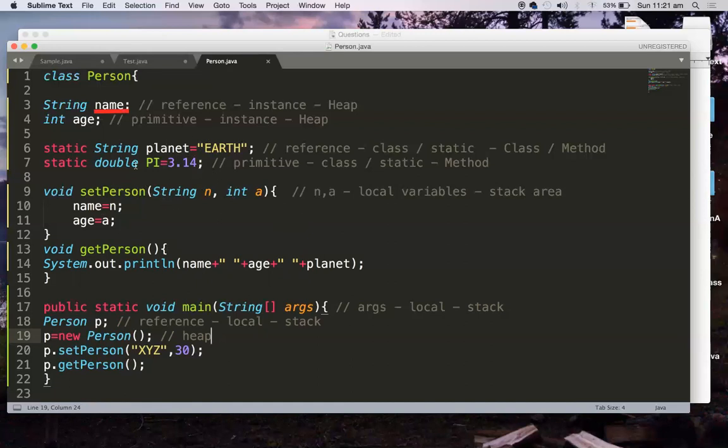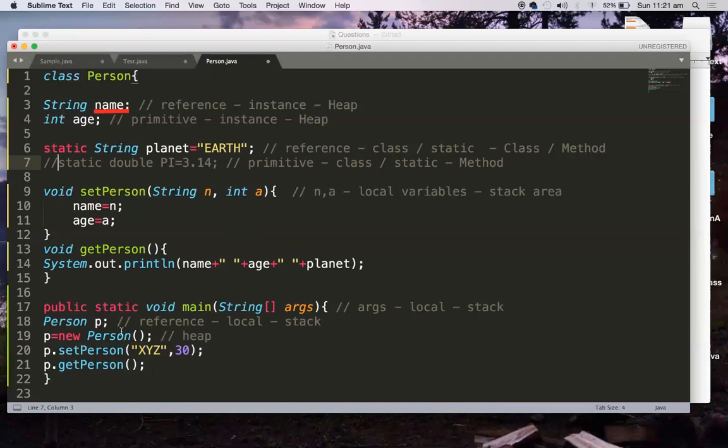We just need to set name and age. I have a set person method that sets these two values, and when I ask for the person details, I am asking for name, age, and planet. This pi I have just used as part of an example only, so I am not making use of it. I'm commenting it; two forward slashes comment things out. Get person will give these three details.